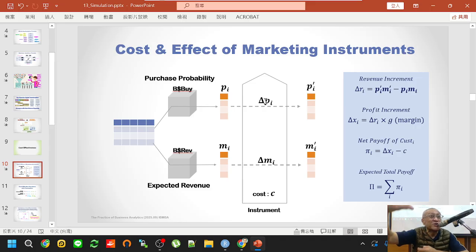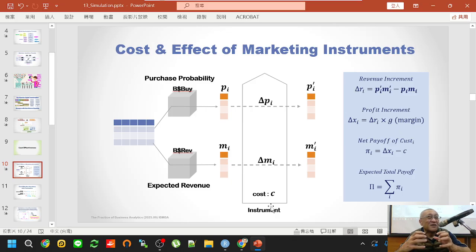But if I increase the coupon money to 50, to 100, to 200, we can expect that the delta P would increase with C, by the strength of, we call it the strength of marketing, right? And the stronger the instrument is,